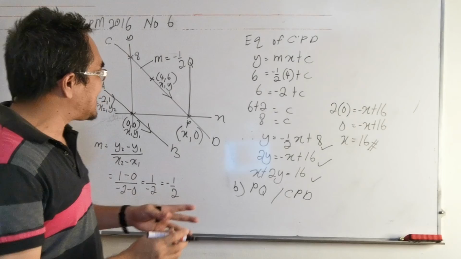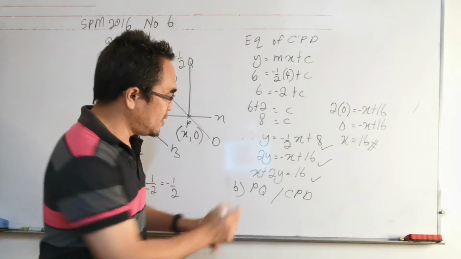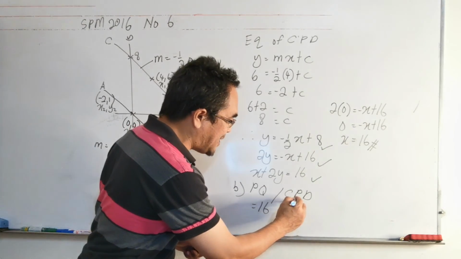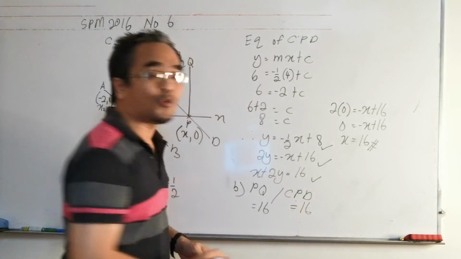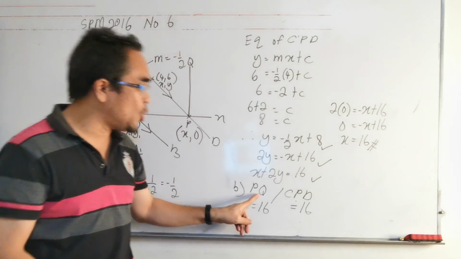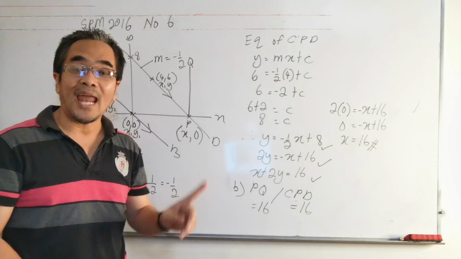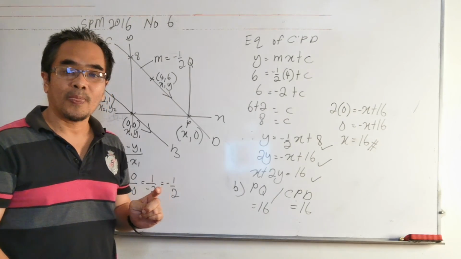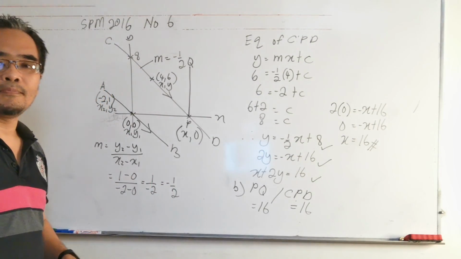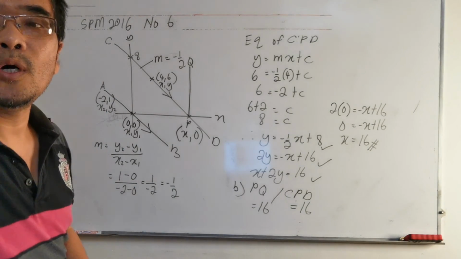So the x-intercept for PQ is 16. If they ask you for CPD, it is 16 also. The solution we take from CPD even though they ask for the line PQ. Any question so far, Ben? No. Okay, so if no, then